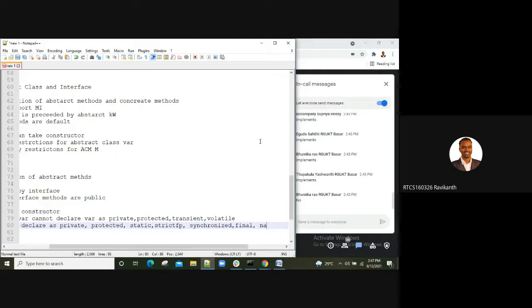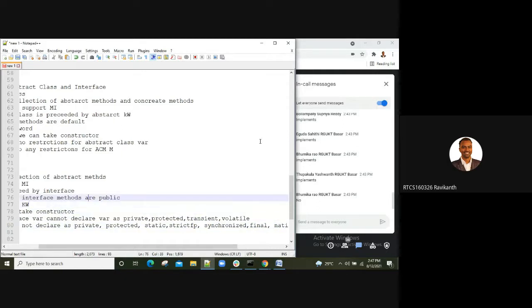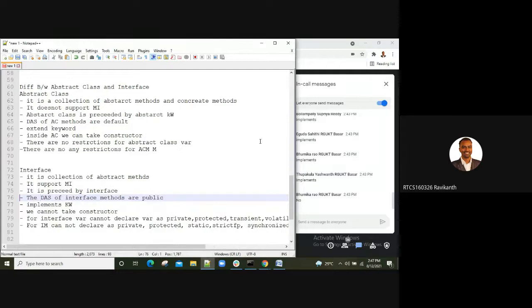There's one more keyword called native also. So you cannot use all these keywords when you are working with the interface concept, because I cannot implement those things if you are using them.